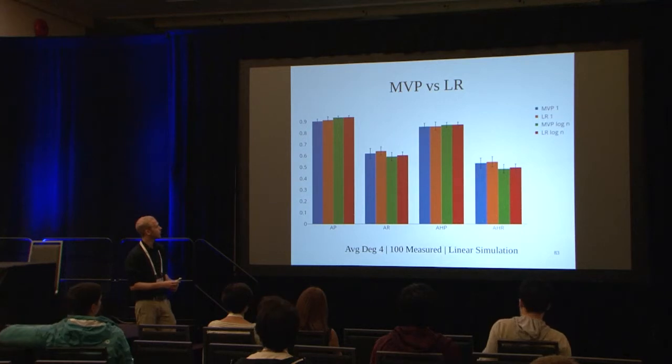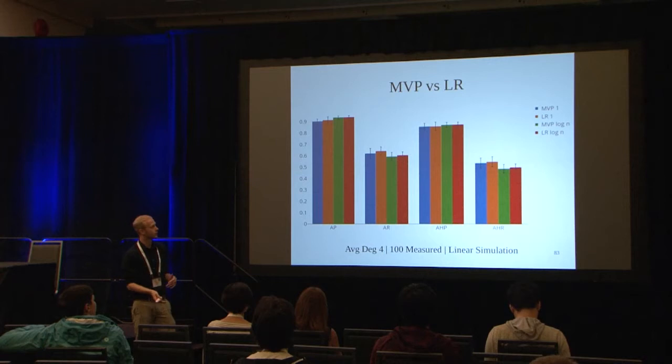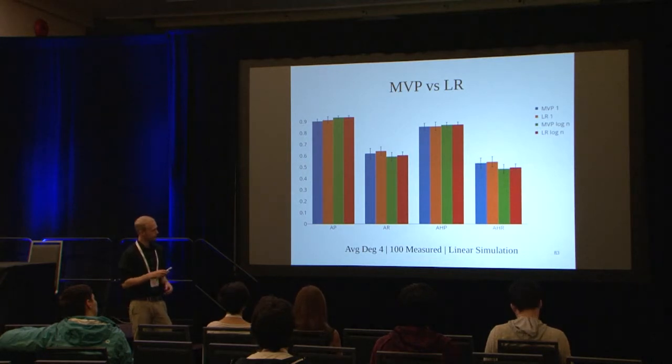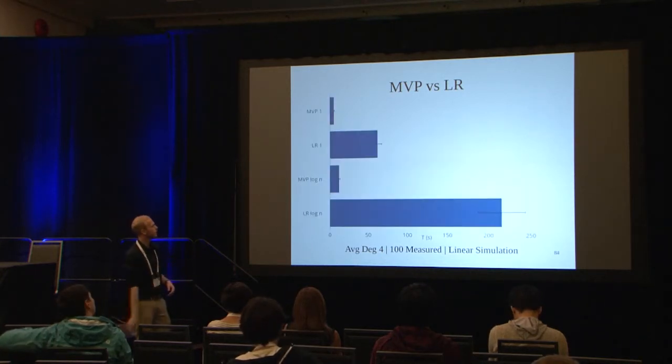And hopefully what you can see is that when you're comparing MVP and logistic regression using the same basis, there's not really much of a difference. Logistic regression does do a little bit better in some cases, but for the most part, the 95% confidence intervals almost completely overlap, and there's not a huge difference. However, if we look at the time,